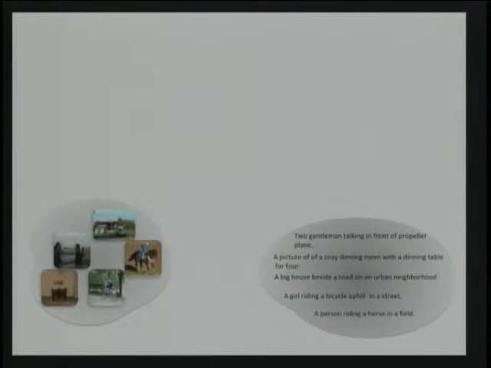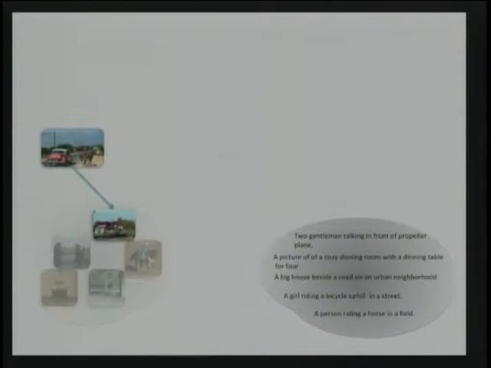So what I'm going to do is adopt a non-parametric, Google-type approach. One can reasonably do that. One can go to a space where I have images and sentences in correspondence, and then when a new image comes in, one can match it to one of the images in the dataset, and then steal a corresponding sentence. As a result of such a procedure, for a picture that looks like this, the sentence would be: a big house beside a road in an urban neighborhood.